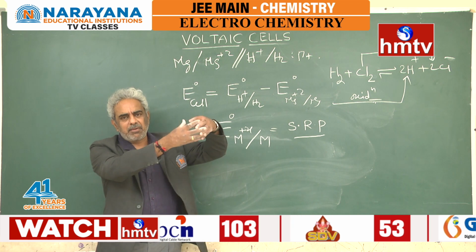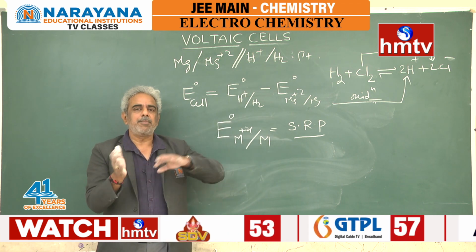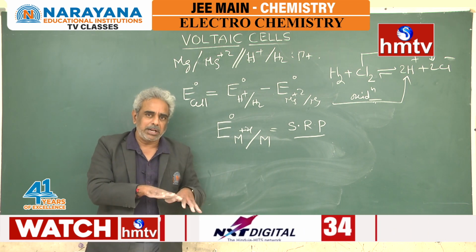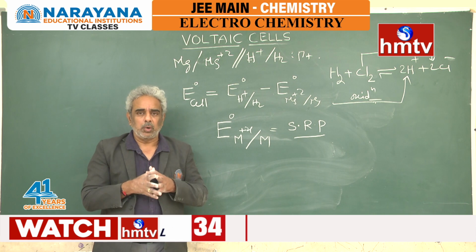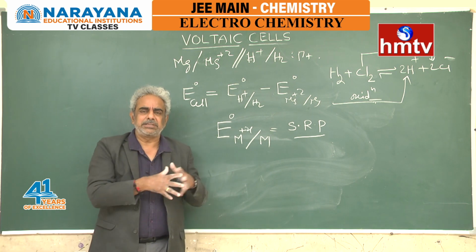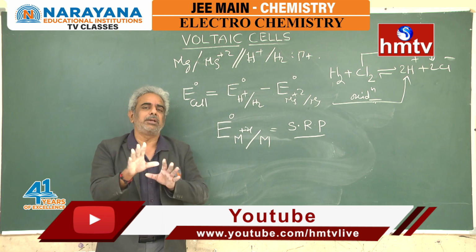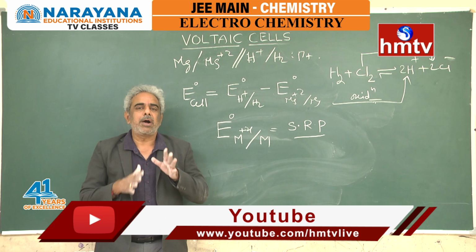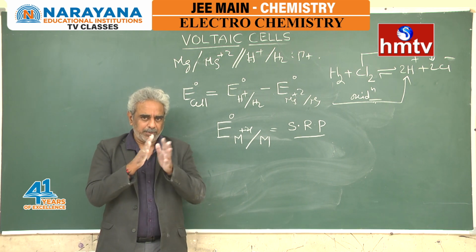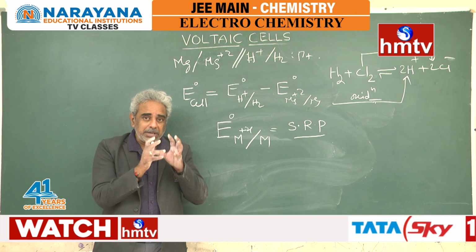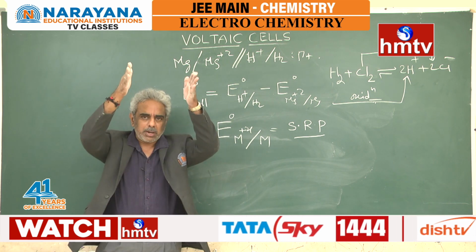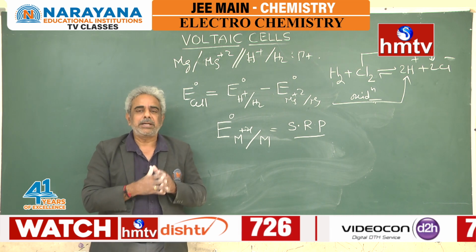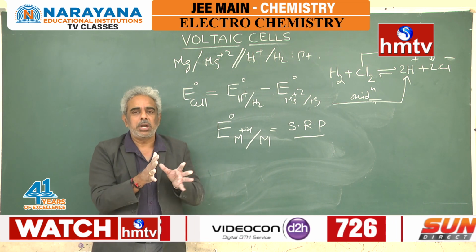So, just as I showed you, you can have metal ion electrodes, non-metal ion electrodes, hydrogen ion electrodes, ion electrodes. There are many other such electrodes. Once there is a half cell, that is an electrode, you can measure the potential of every half cell with the help of the standard hydrogen electrode. Once you measure the potentials, you keep all potentials in one particular tabulated form. That tabulated form is called